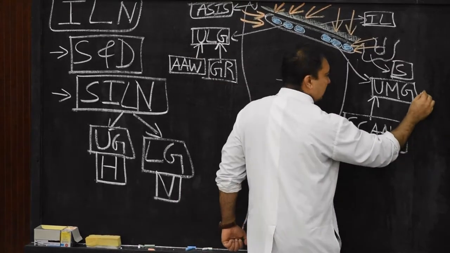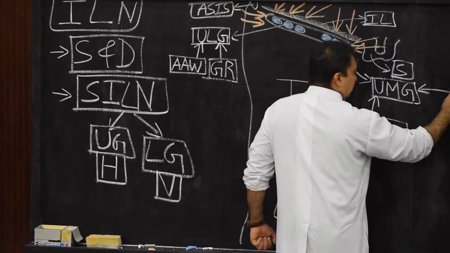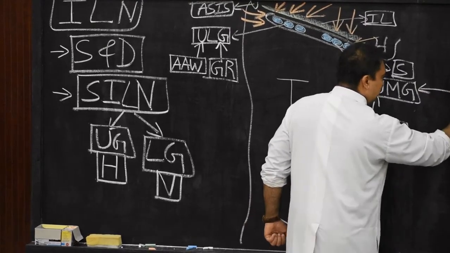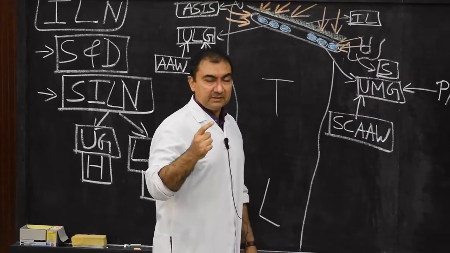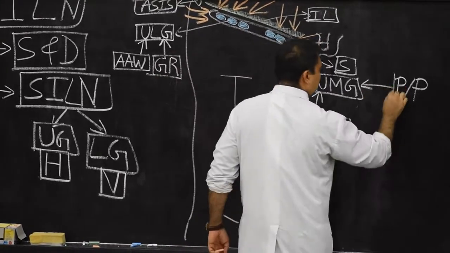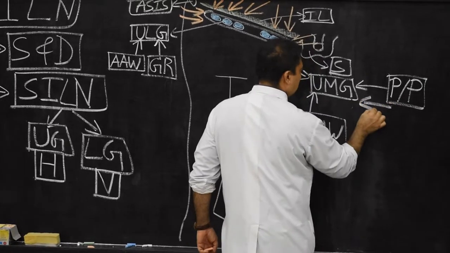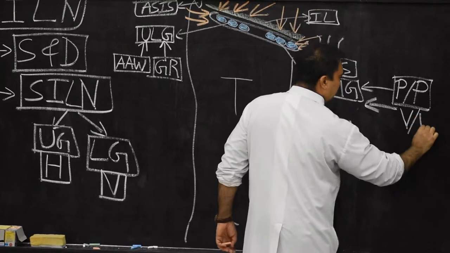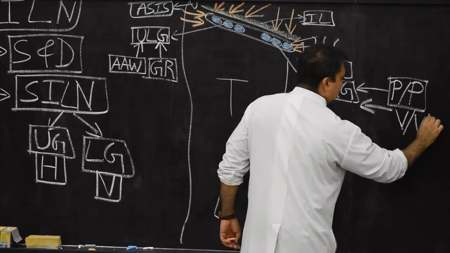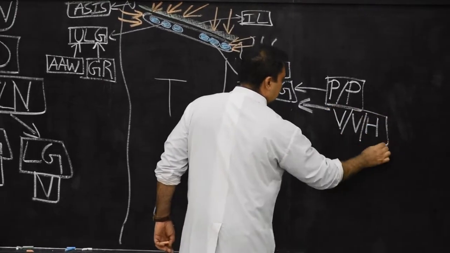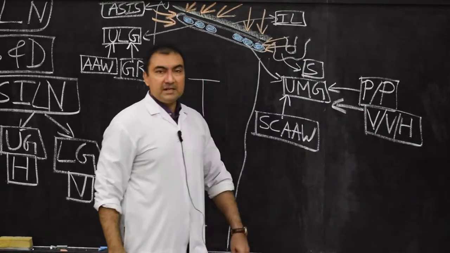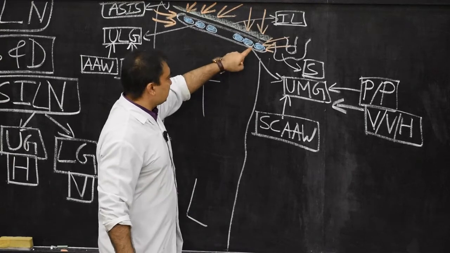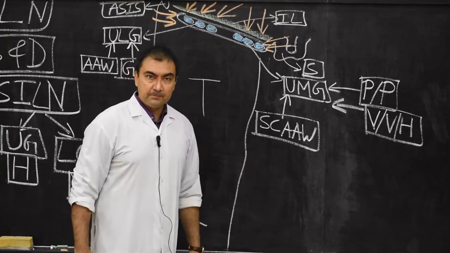So therefore another arrow I will put here as prepuce and the entire penis. Penis including prepuce. This is asked in MCQ in case of males. And also there will be, in case of females, vulva including vagina below the hymen. This is very important. This is also asked in MCQ. The vagina below the hymen and vulva, they will drain into upper medial group of the superficial inguinal lymph nodes.